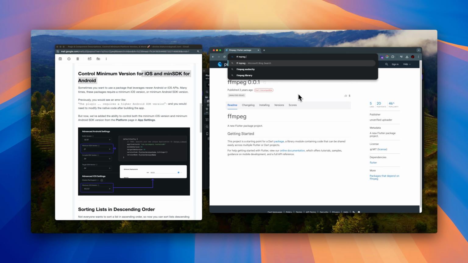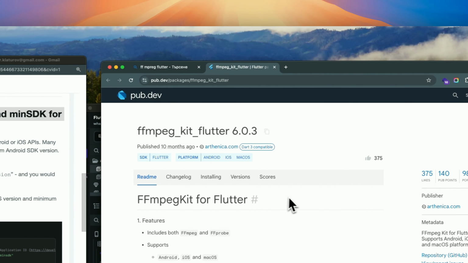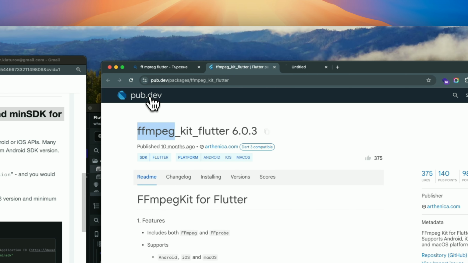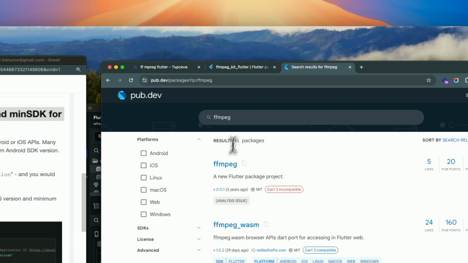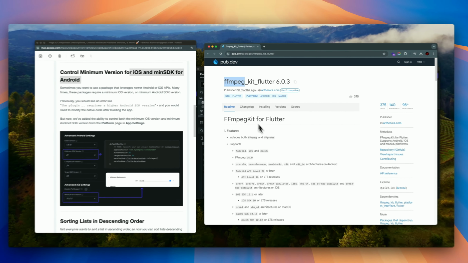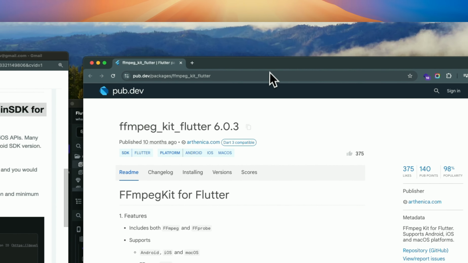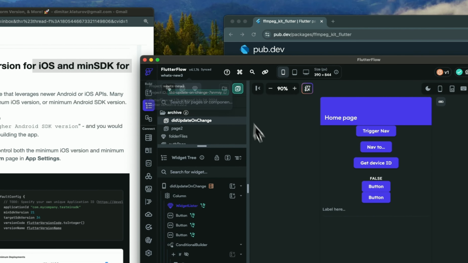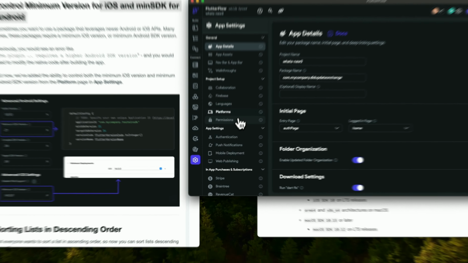There are a lot of packages out there that will force you to use a minimal version for Android, for example, which is the minimal version for this particular case, because I know FlutterFlow is using version 21, and the minimum for this one is actually 24. So if we go over here, you go to settings now, and you go to